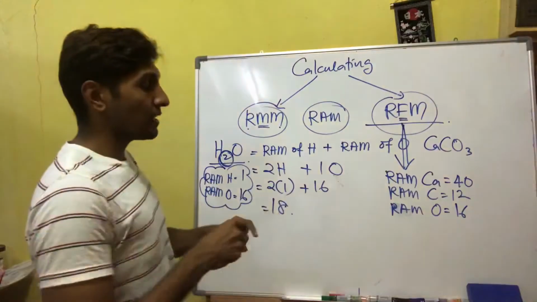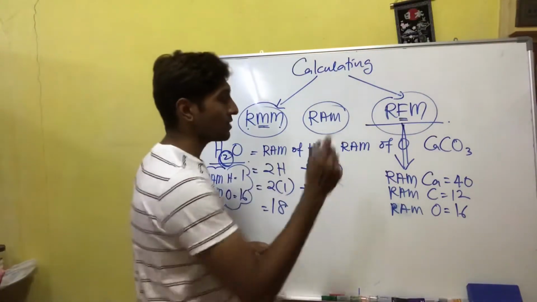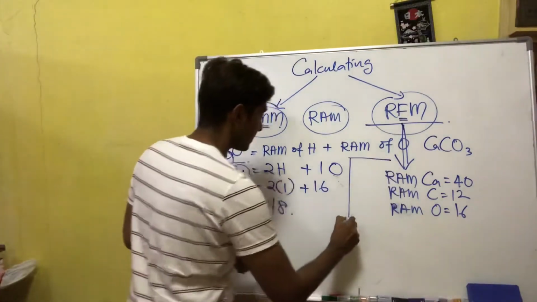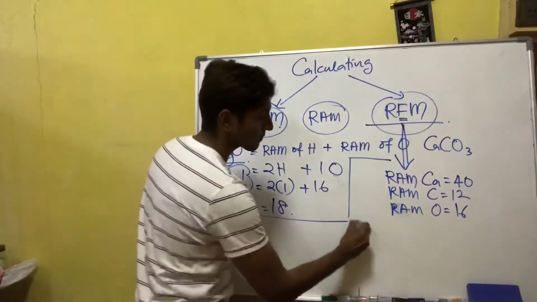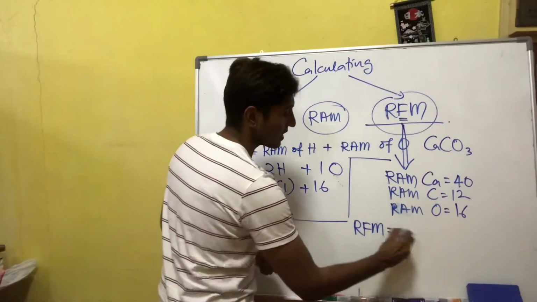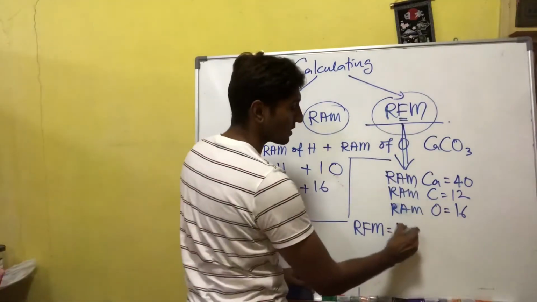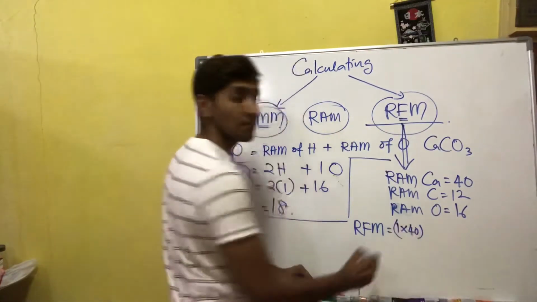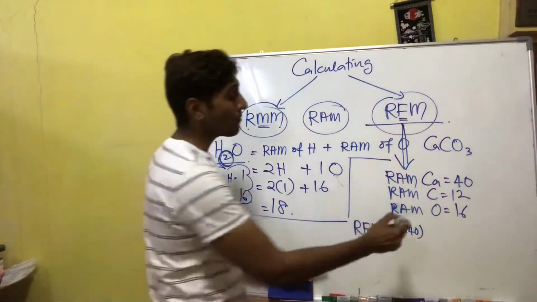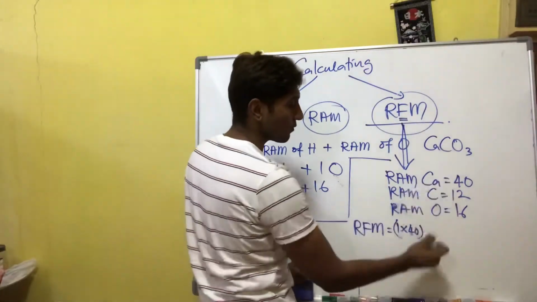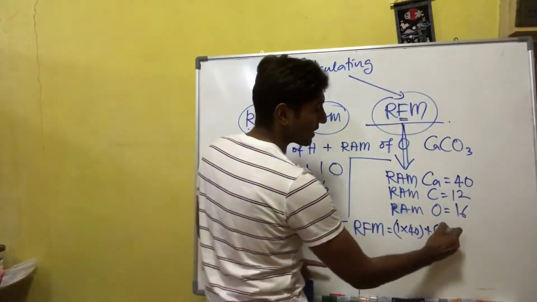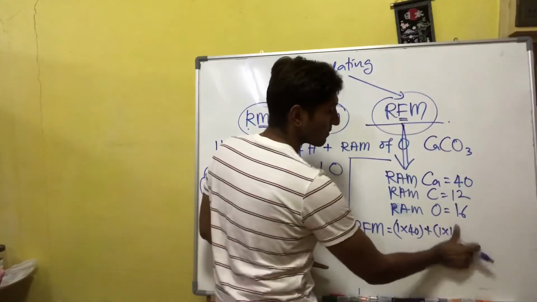Okay. Now we're gonna calculate. So now, to calculate the RFM, how many calcium do you see? You see 1 calcium, so 1 times 40, right? How many carbon do you see? So that's 1, so plus 1 carbon,